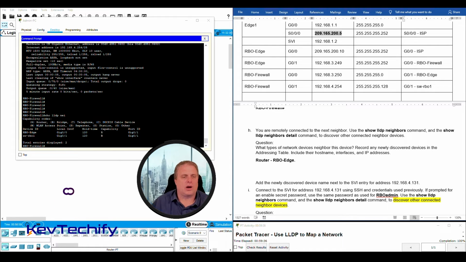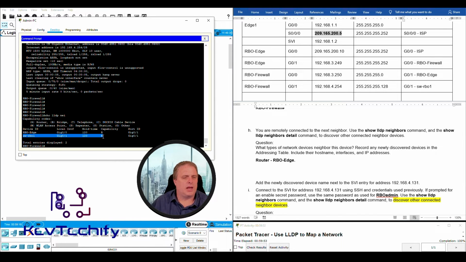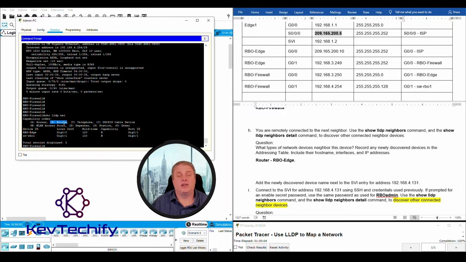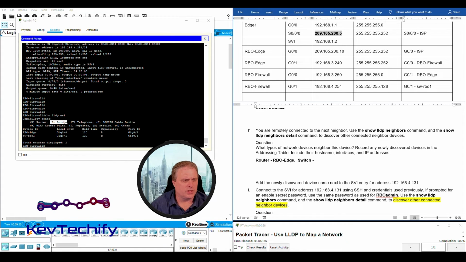RBO-edge. How do I know it's a router? If I look at the LLDP neighbor command, here's RBO edge, and underneath capability here, it says R. If we go up to capability codes, R is a router. And then we have SW-RBO. If we go under capability, it has a B. B stands for bridge. In LLDP terms, that means it's a switch. Notice we don't have a switch anywhere in here. We do have an S that stands for station, but another way to think about a switch is a bridge. It's bridging devices together. For our answer, that says we have a switch, and that switch is called